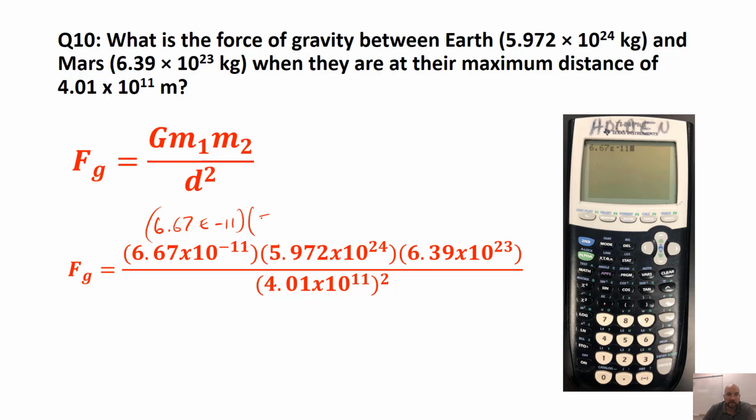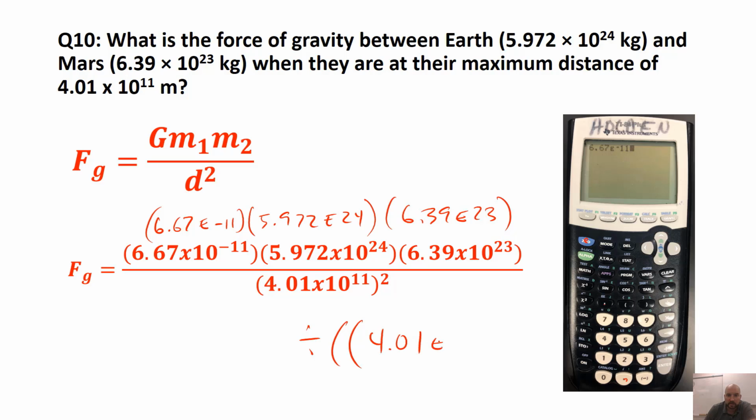And so you do 5.972 E24. Once again, 5.972, then the second E button. And then I would go directly to the 24. So this would just have 24 down here, not to the power of. And that would be that part. Close parentheses, open parentheses, 6.39 E23, the same way as before. And then I would hit divide. So next I'd hit divide, and that would get to the bottom part, open parentheses,